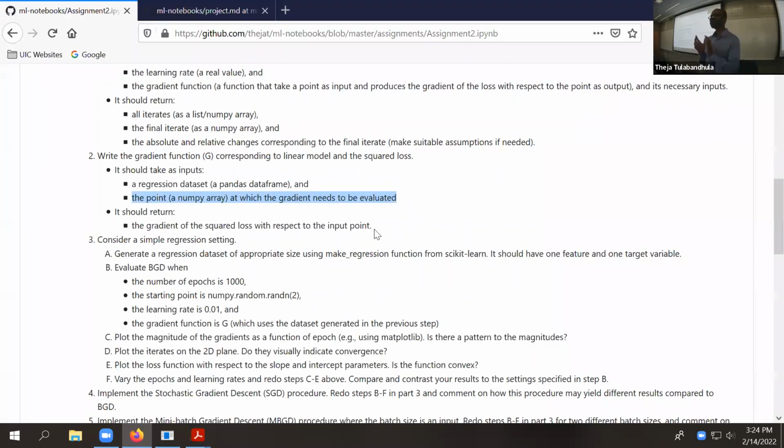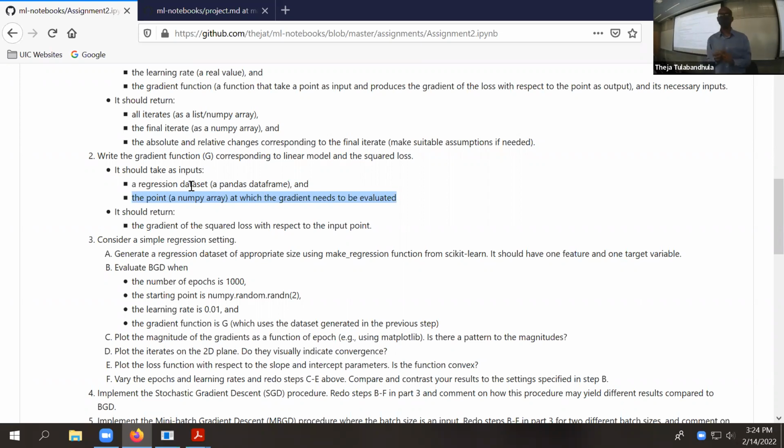Okay, actually, let me backtrack. So just to clarify, in the second question, you give a data set. So that's the data matrix and the labels. In this case, it's not the labels; it's the numeric y outputs. Okay, so that's the data set part. The point, I mean, the current value of the theta vector. Sorry, not the data point, but the current value of the theta vector. Remember, you want to find the gradient of the loss with respect to parameters, which are theta naught, theta 1, theta 2, three numbers, right? String them together into a vector. You're asking for what is the gradient of the loss with respect to theta at the current theta vector.